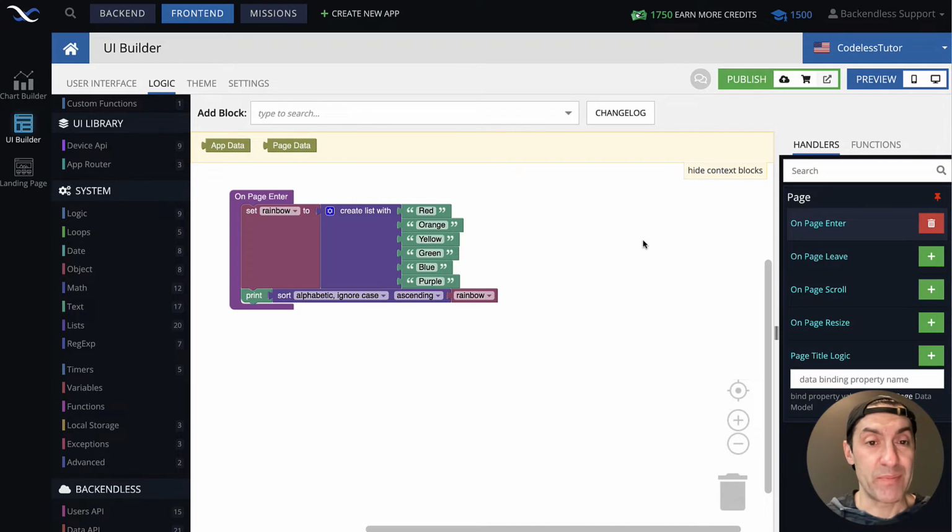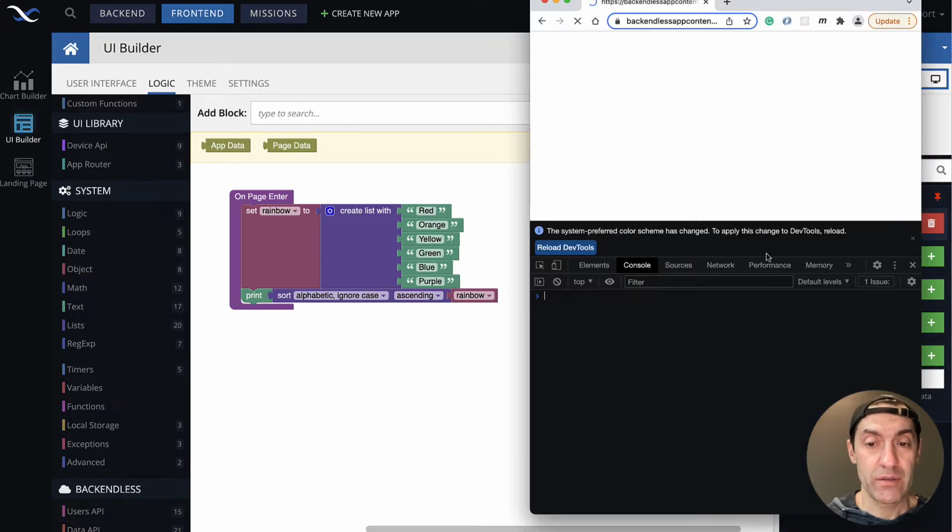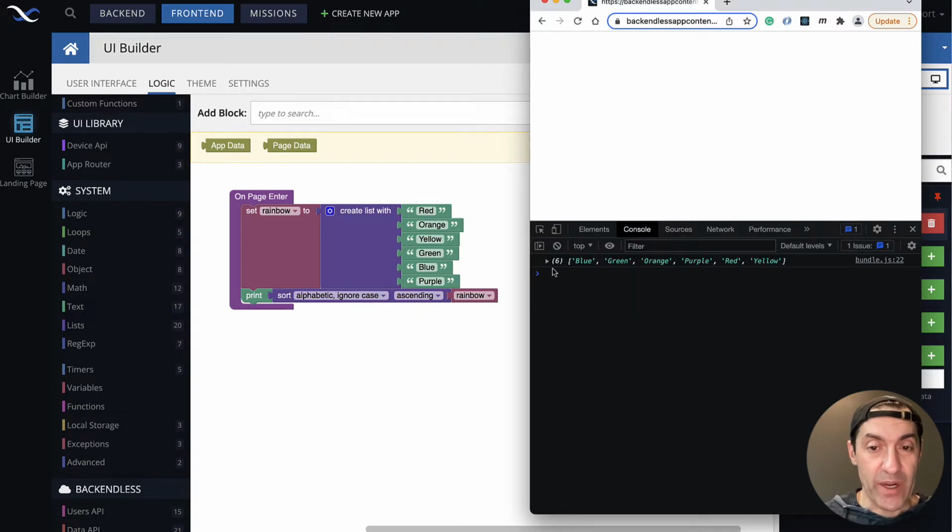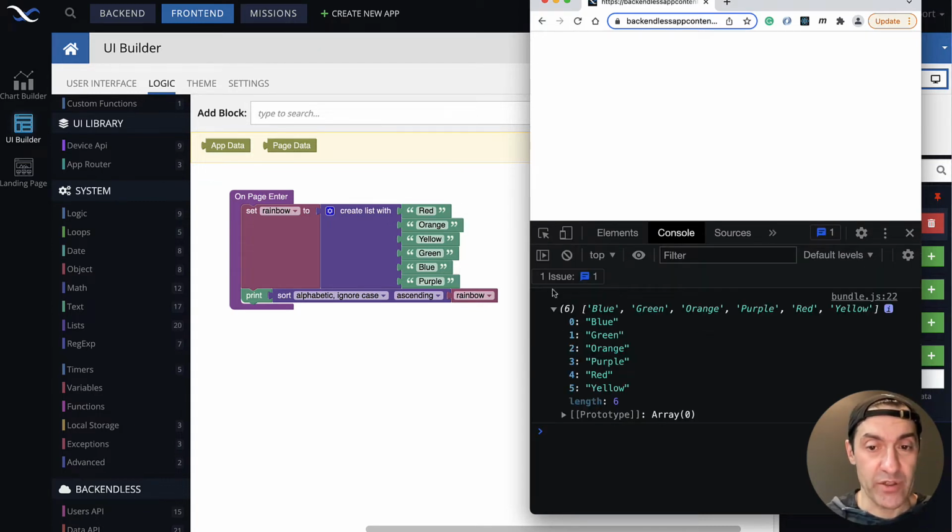Let's run this page. And as you can see now, we got that list, and the order of these items is different than in the original one. You can see it's blue, green, orange, where originally it was red, orange, yellow. And as you can see, the values are ordered alphabetically.